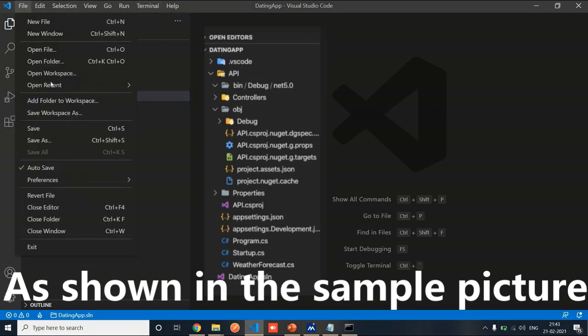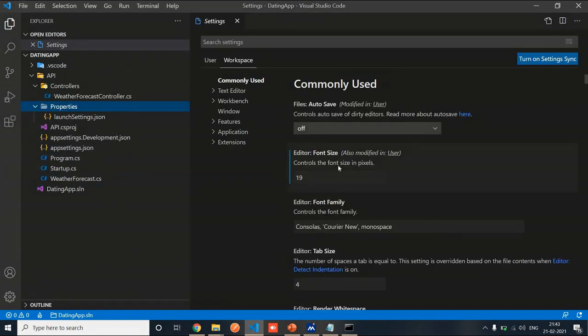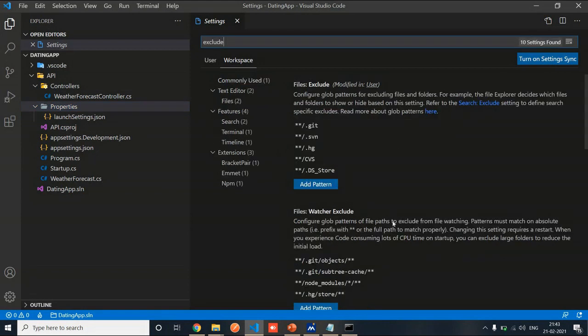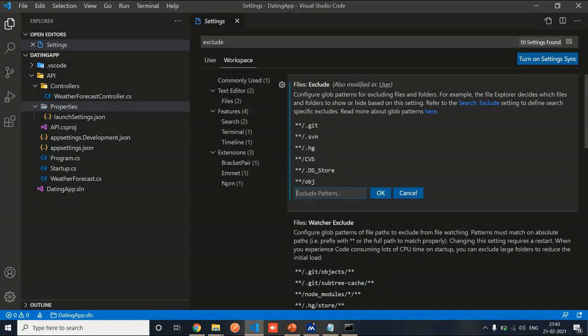So one of the things we can do is to hide these folders, and if we just go and click on our code and preferences, and then I go to settings, I just want to look for the exclude option, and we can configure the files or folders to exclude them from our solution window here. So I'm just going to click on add a pattern and just follow the guidance here. We have got different options above. I'm just going to say double asterisk forward slash, and then I'm going to say obj as one of them, and then I'm going to say the same for bin as well. So forward slash bin and click OK, and that's all.